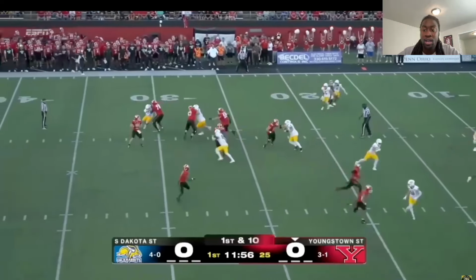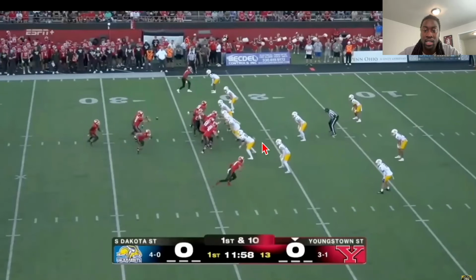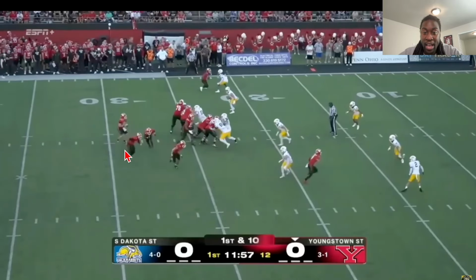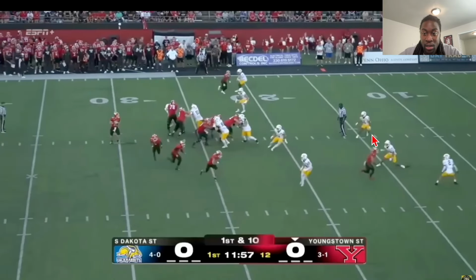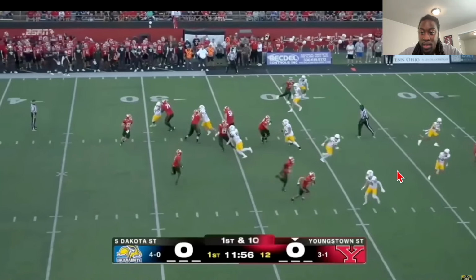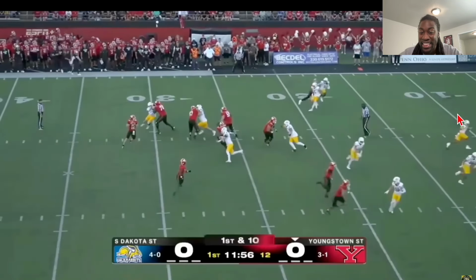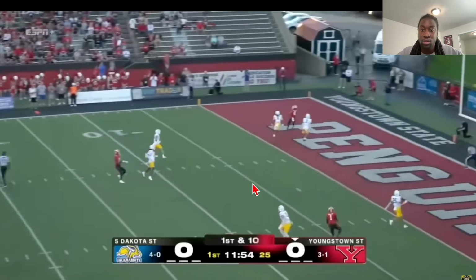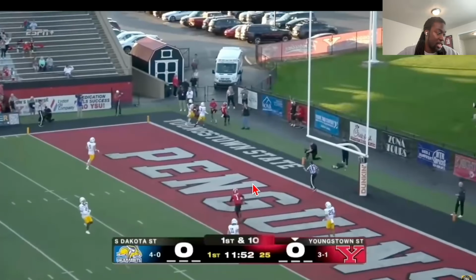But here you go right here. They're going to run this post route with this outside receiver right here. They're in a heavy personnel, so 3 running backs on the field, 30 personnel. So 3 running backs, no tight ends, 2 receivers on the field. They run the play action pass, which gets some of those backers coming downhill, even the safeties coming downhill. You run that post over the top. That safety is late reacting to it. Brungard is able to get the ball over the top to his receiver, delivered beautifully for the touchdown to give